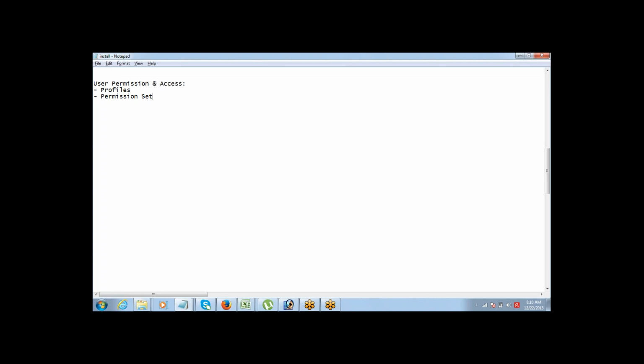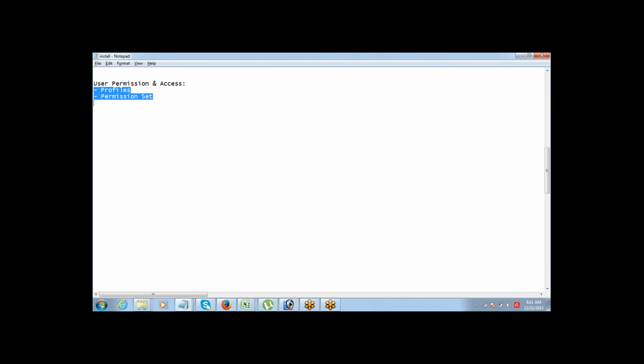So this is basically used for defining any exceptions on top of the profile of the user. Profiles and permission sets are used for access to apps, tabs, objects, fields, things like that.